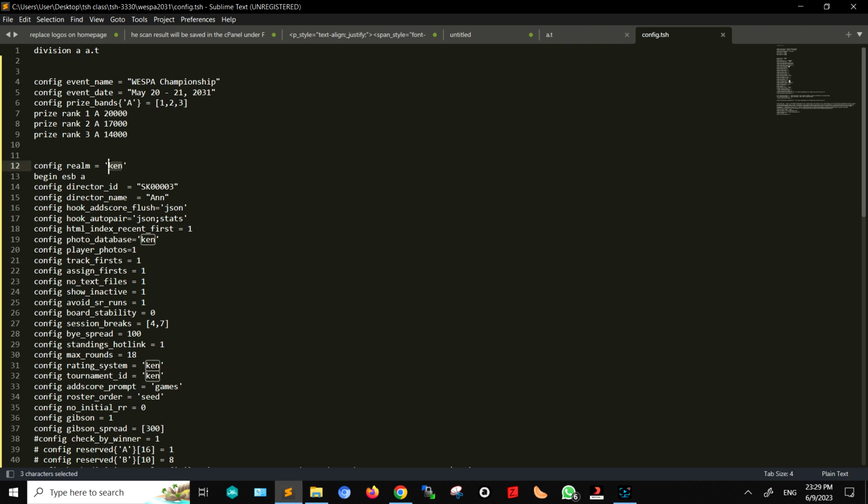Remember, for our photo database we have Kenya, and for our rating system we have Kenya. When you fire TSH for the first time, it will have to download the rating system for Kenya and the photo database for Kenya. That's a long process, but you have to persevere through it if you're a Kenyan